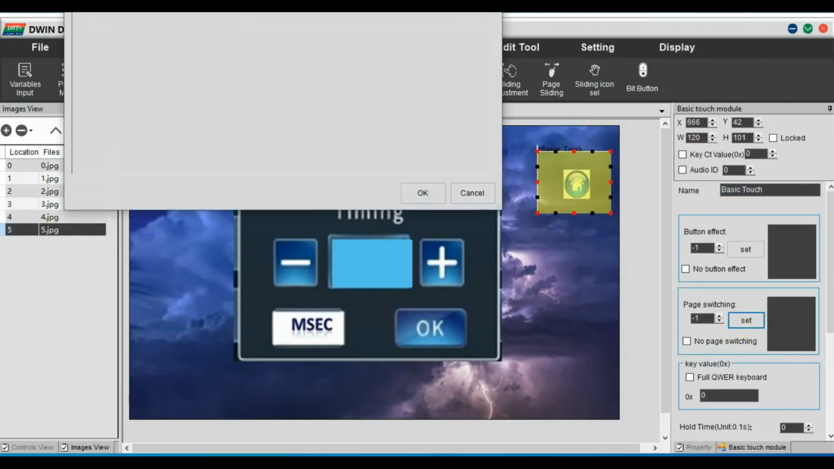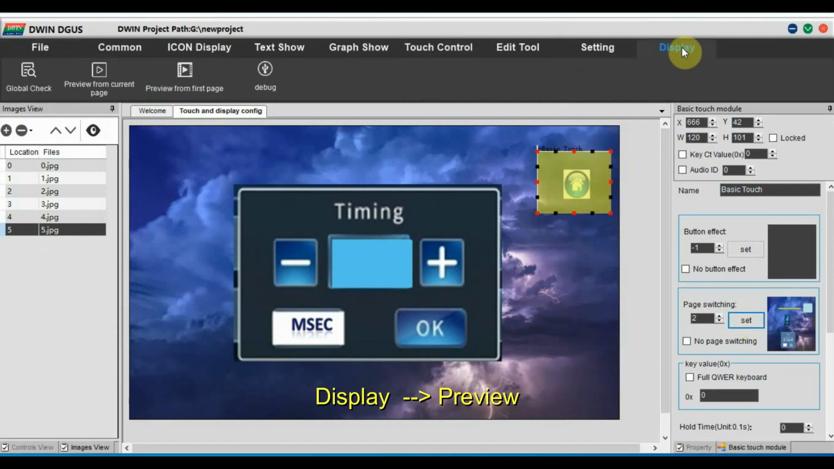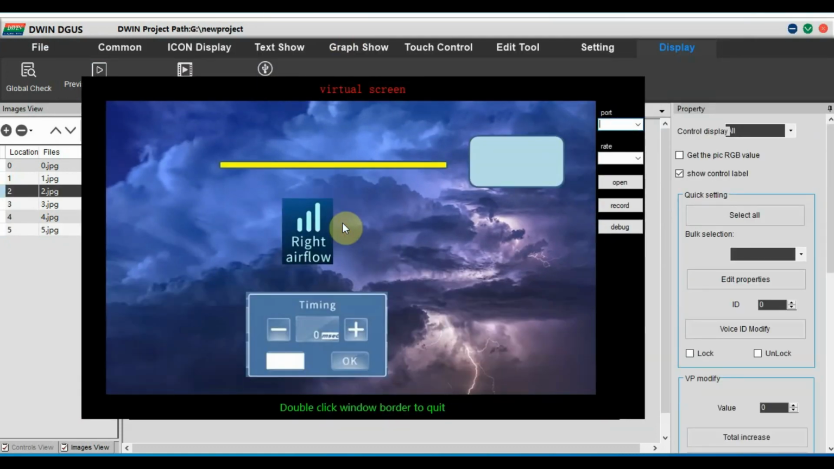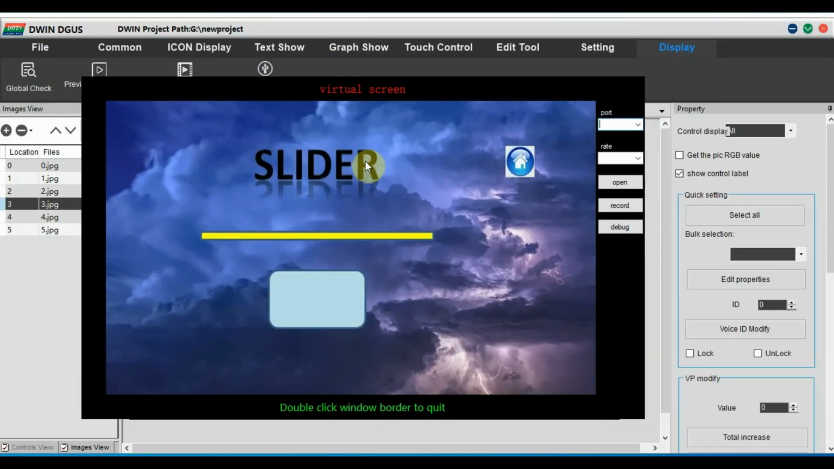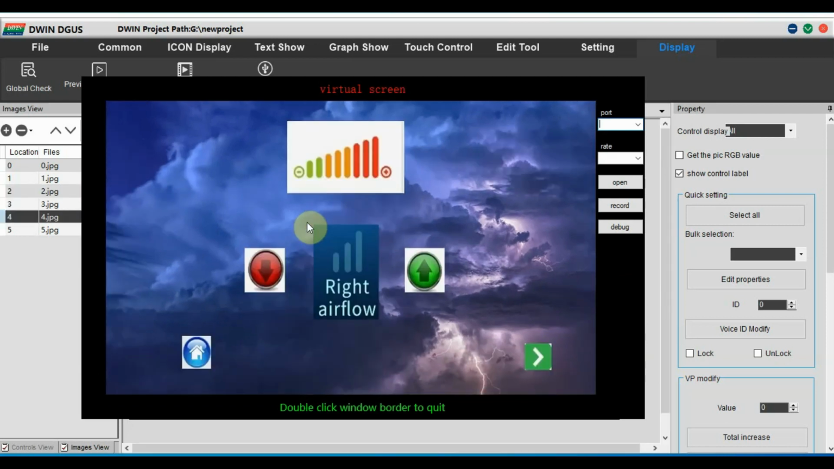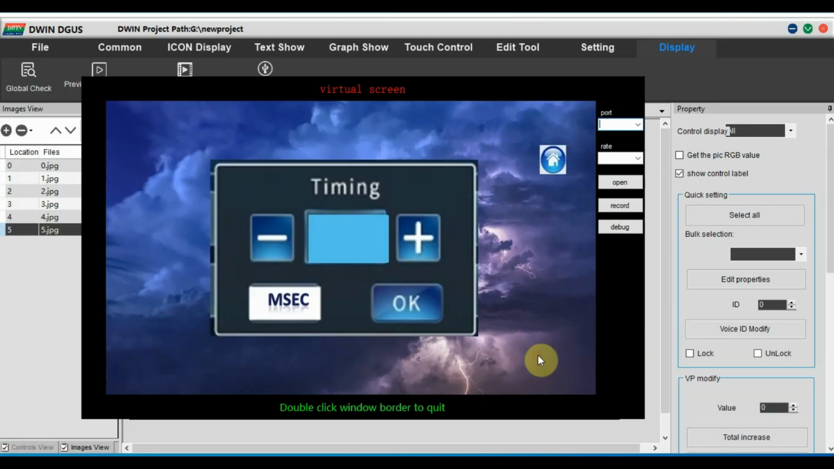Finally click on save, and to preview, go to display and click on the preview button. Preview from first page. A separate preview window will open where you can see the display in action. There is only the page switching settings we have done. So the page switching is working as per our design. Double click at the bottom to quit the